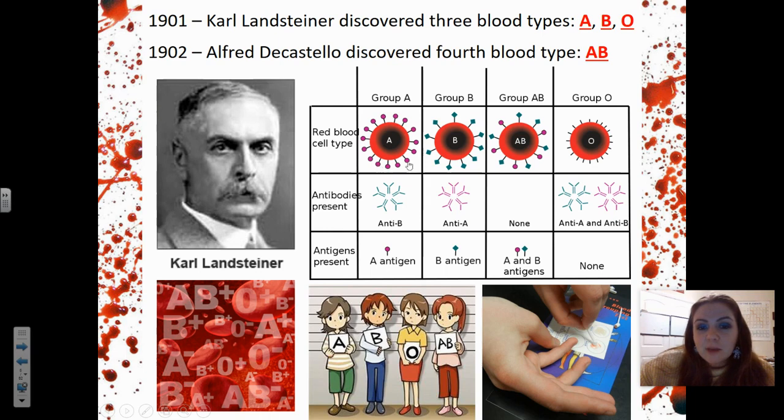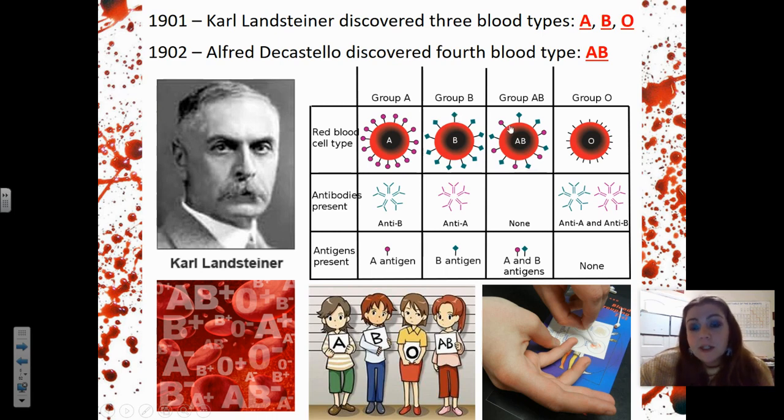If you have an A blood type, notice that they're all red blood cells. All humans, all mammals have red blood cells. But there are these little proteins called antigens on top of your blood cell that tell us your blood type. It's an additional protein that is genetically coded to sit on top of your red blood cell. If you have the particular shape that is A, then you're type A. If you have a different shaped antigen that is the shape of B,